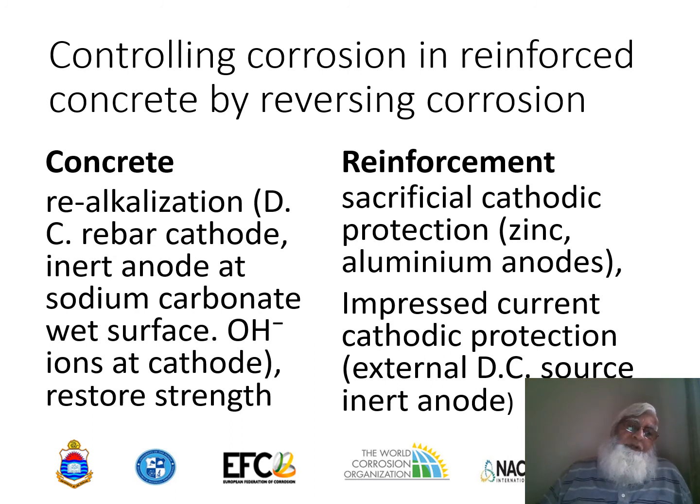The anode is always put on the outer surface of the concrete, where the surface is smeared with sodium carbonate or made wet with sodium carbonate solution, so the current can easily flow from the outer surface, from the anode, to the inside of the concrete. And because of the cathodic reaction taking place at the cathode, hydroxyl ions are produced, and so any loss